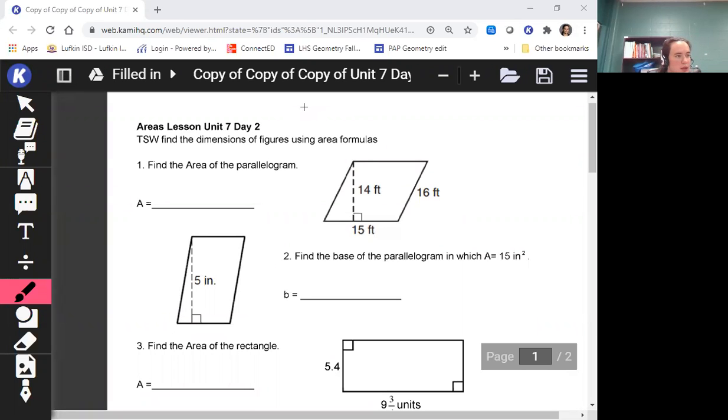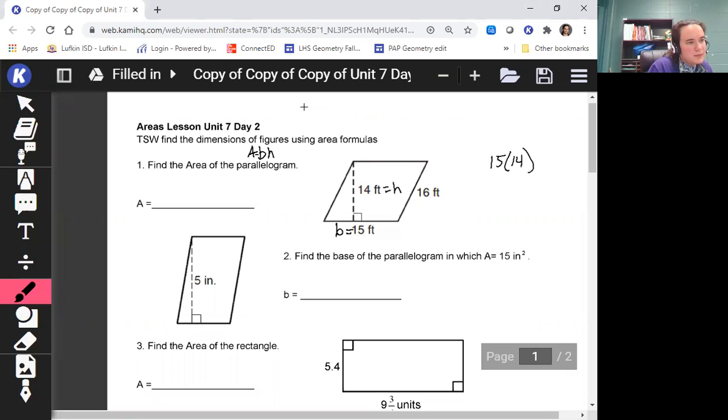Today we are going to go over area going both forwards and backwards. So our first figure is a parallelogram. Remember that the formula for area of a parallelogram is base times height. Our base here is 15 and our height here is 14. So we take 15 times 14 and find our area, and that is 210